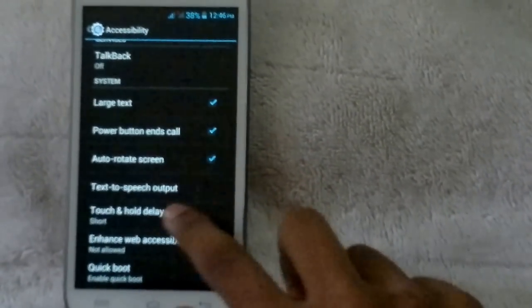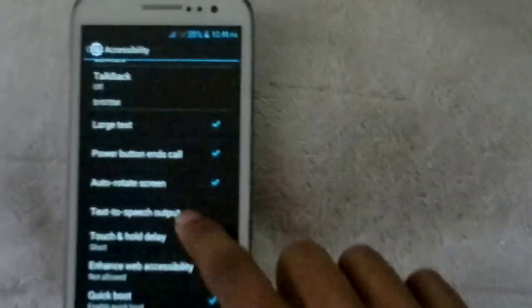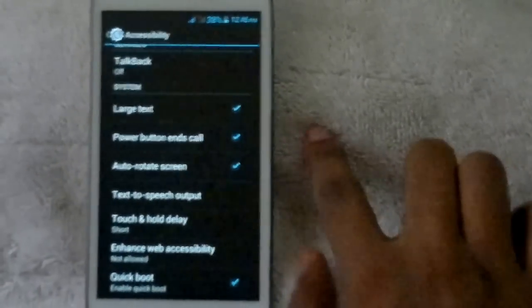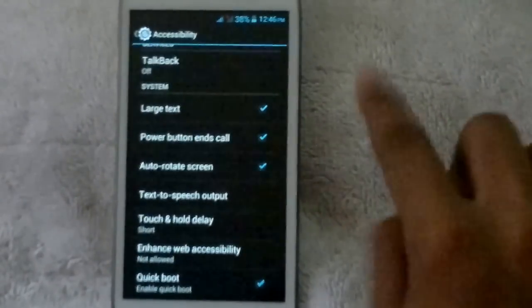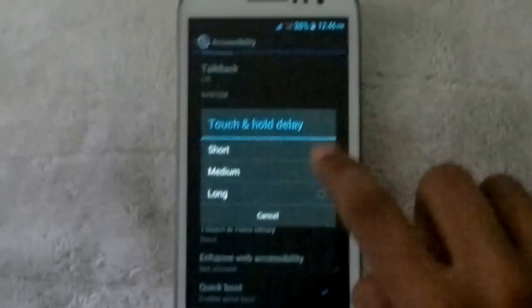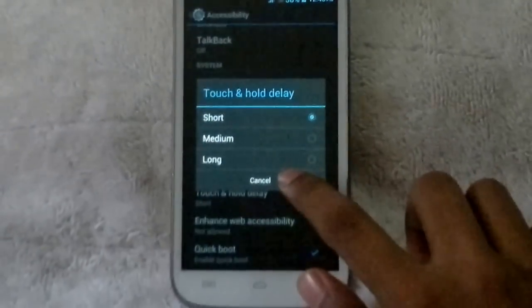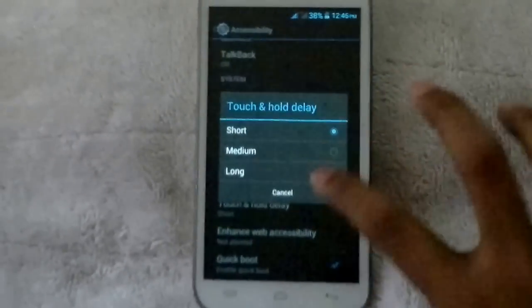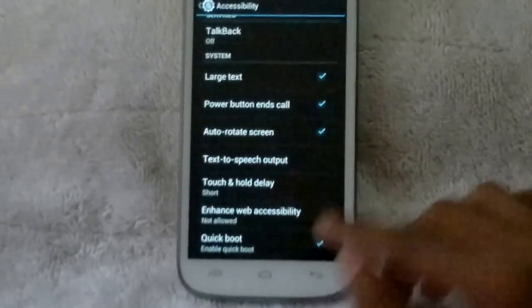And then touch and hold delay. On this home screen you can touch. When you want to move an app from one grid to a second grid, you need to touch and hold. That touch and hold delay: short, medium, long. It depends how much time you need to hold on the app so that you can edit the place or location of the app. And then quick boot,